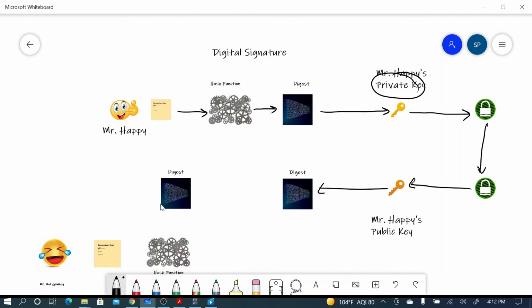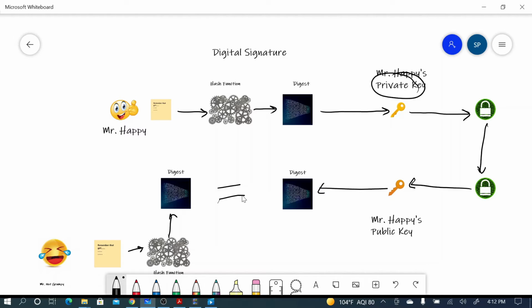And Mr. Grumpy already has the plain message he got from the asymmetric encryption. He will run the same hash function and generate a digest. And if this digest and the digest which Mr. Happy sent are the same, that means Mr. Happy only sent this message and the message is genuine.